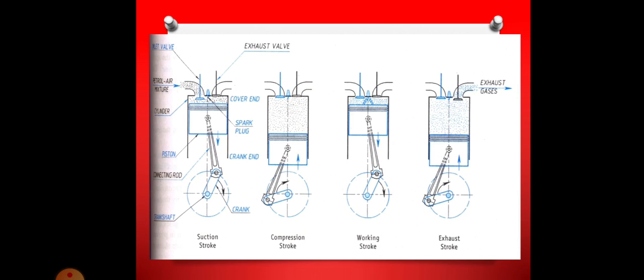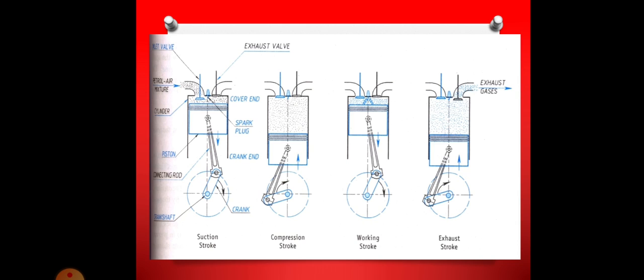In case of a four stroke petrol engine, a spark plug is used. In case of four stroke diesel engines, a fuel injector is used. Okay. Next, in a four stroke petrol engine, in the suction stroke, the inlet valve is open and air plus fuel is entering into the cylinder. In four stroke diesel engines, only fresh air is entering into the cylinder. There is a difference.